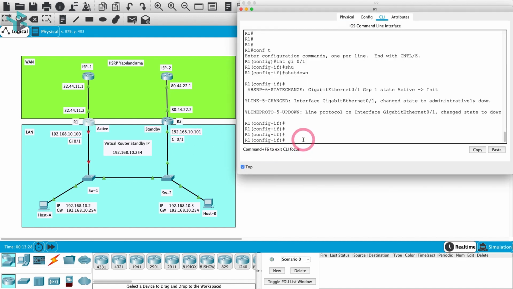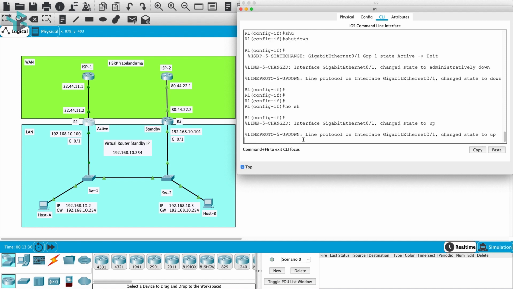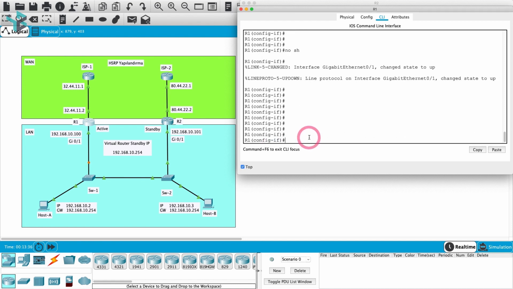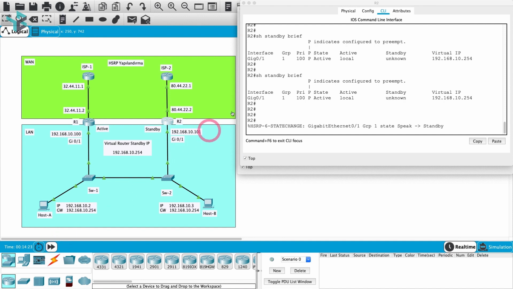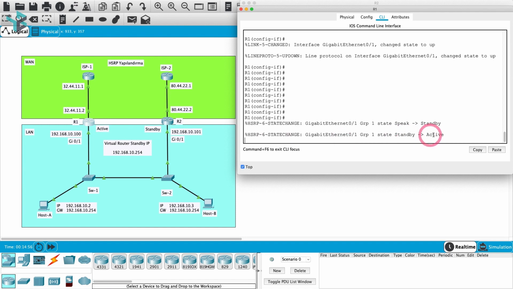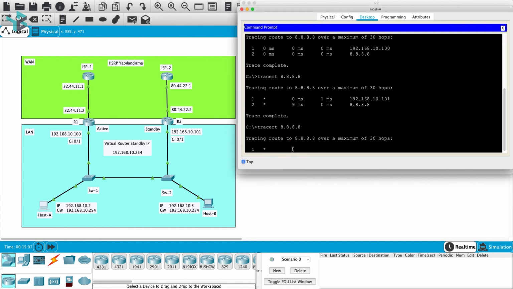Now let's make router 1 active again and let host A's traffic leave it. On router 1, I open our interface by typing no shutdown. Soon, our router here will be active again. Let me speed it up a little bit over there. When it accelerated, router 2 here went into standby. Router 1 has also taken on its role as active. Now let's try the host again.